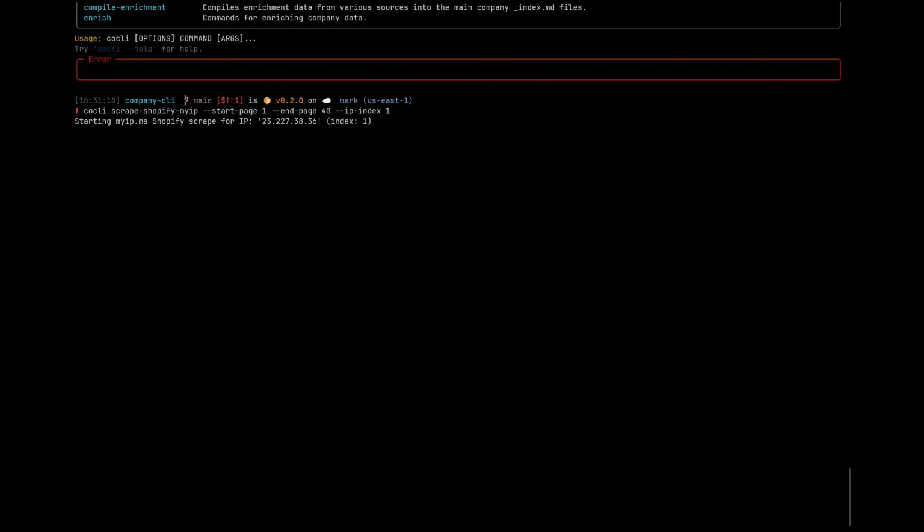I think you'll be able to see this once the web page opens there. I guess you can't see that, but it's opened a my IP MS, and it's going to loop through